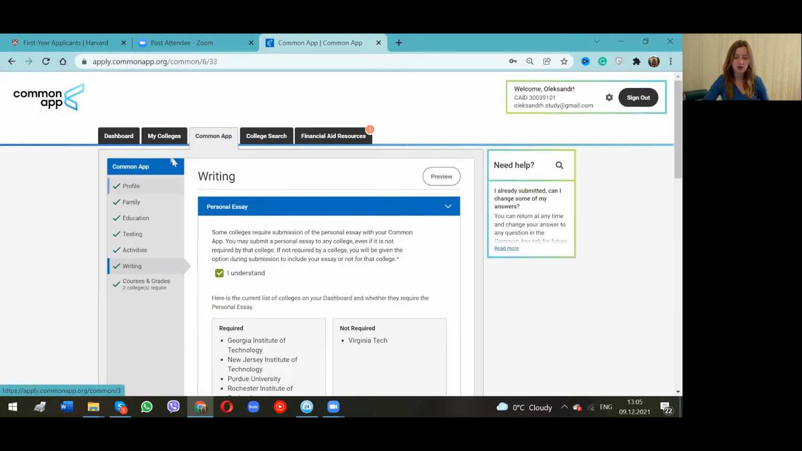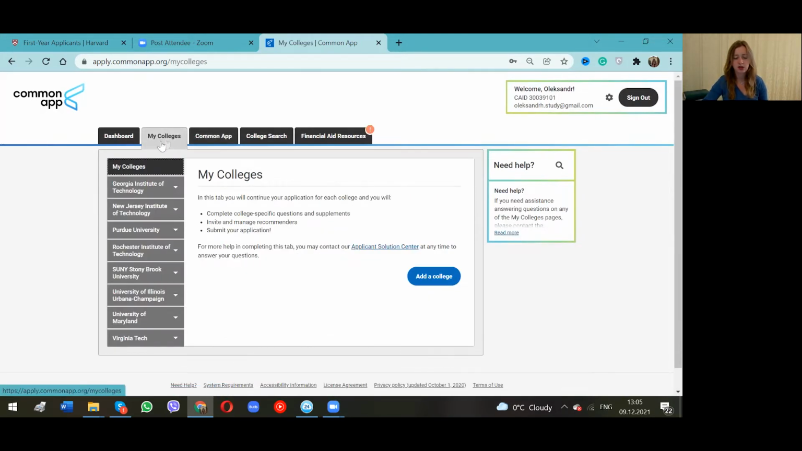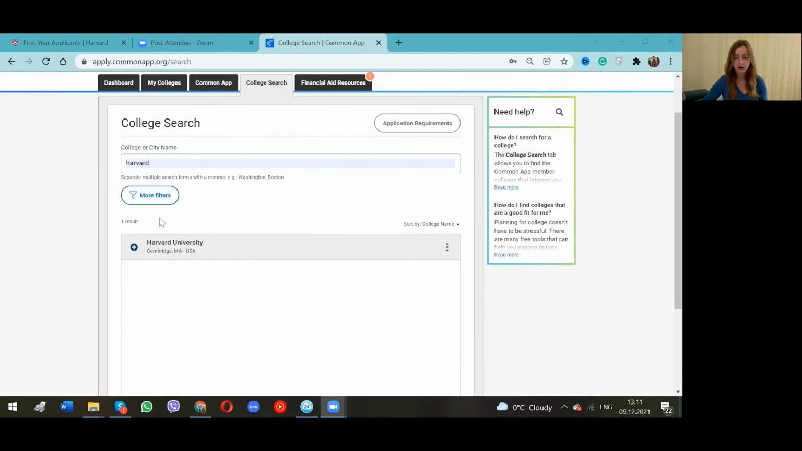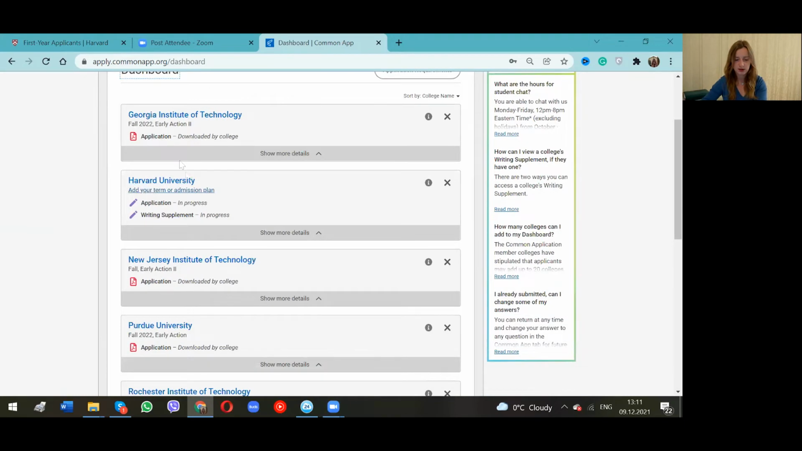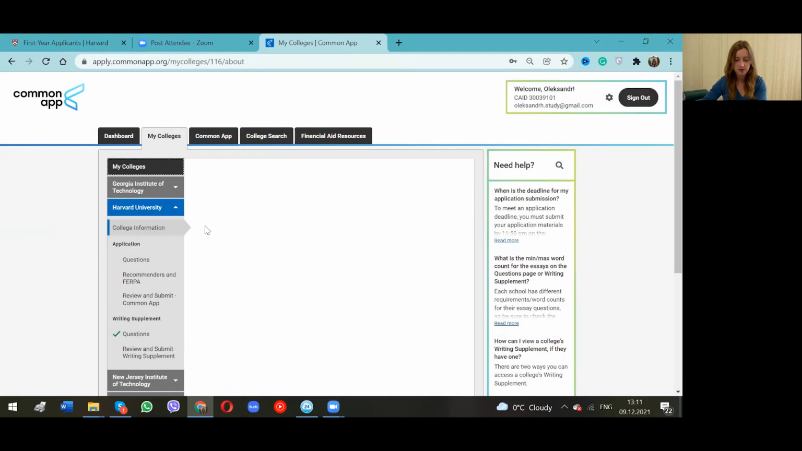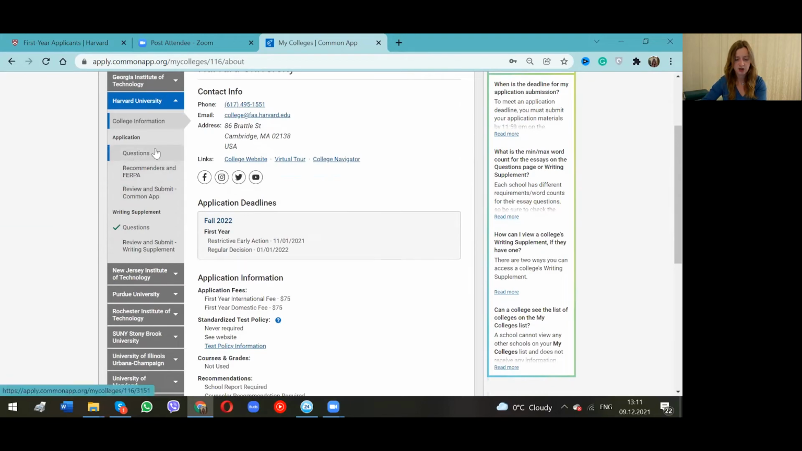But this is a general application form. Then you go to the list of my colleges, and you can add a college here. Okay, so you type here Harvard, and you just need to put a plus here, and Harvard University will be added to your dashboard, and you will see it on the list of your universities. So you press Harvard, and here you have questions on the left side of your panel,